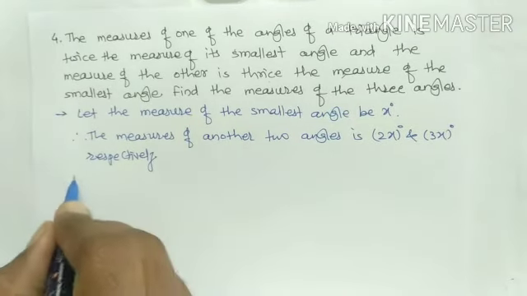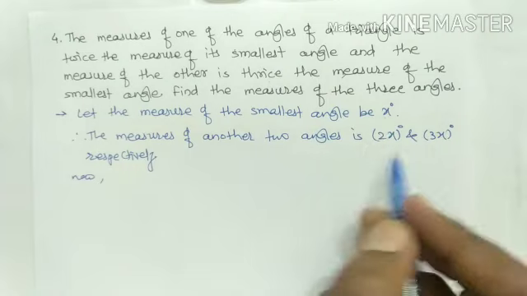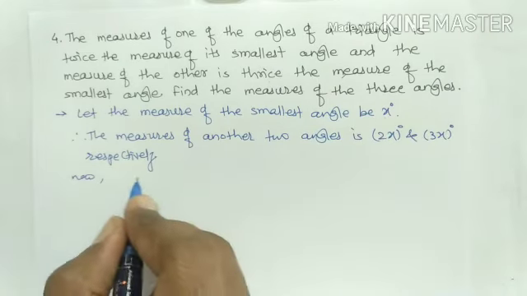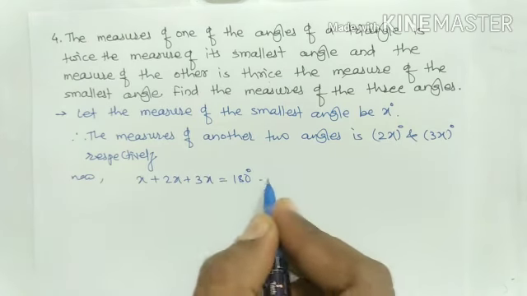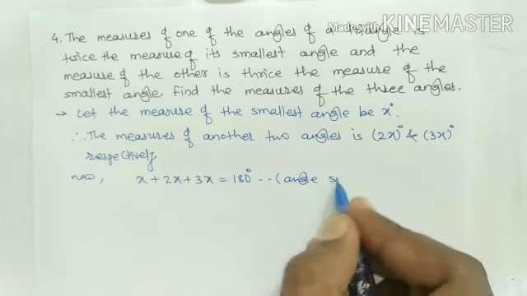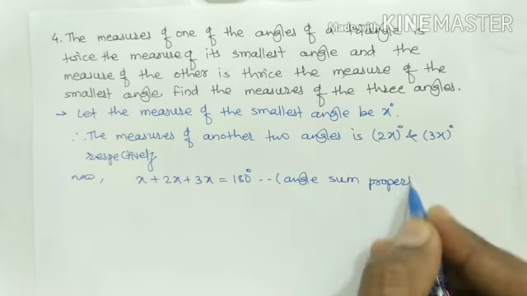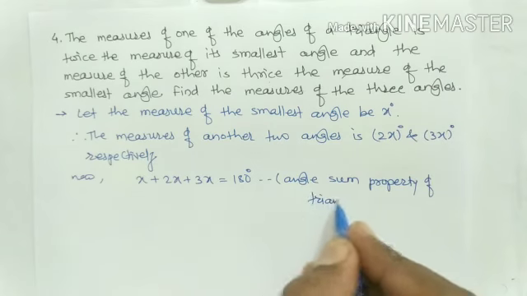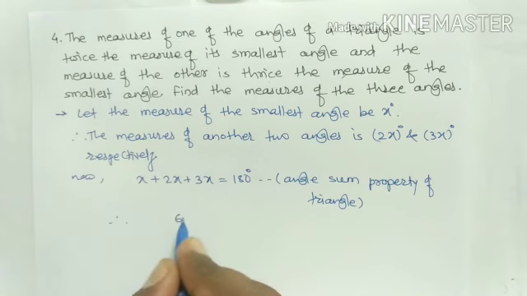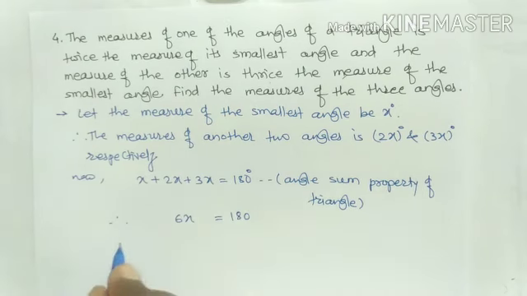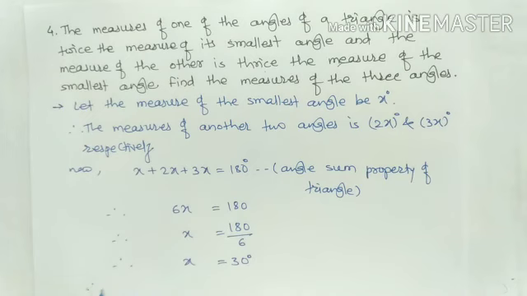Now the sum of measures of all the three angles of the triangle is 180 degrees. So x plus 2x plus 3x equals 180 degrees. Reason: angle sum property of triangle, and therefore x plus 2x plus 3x, 3 plus 3 is 6, 6x equals 180, and therefore x equals 180, 6 into x side change केला divide by होईल, therefore x equals 30 degrees,